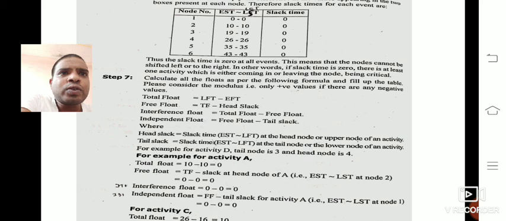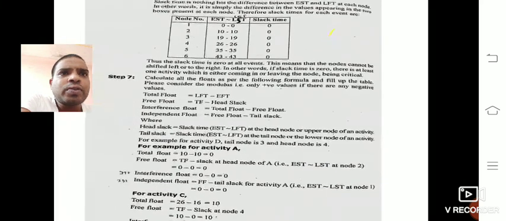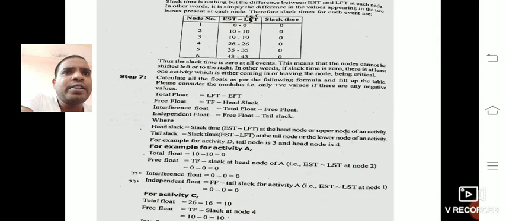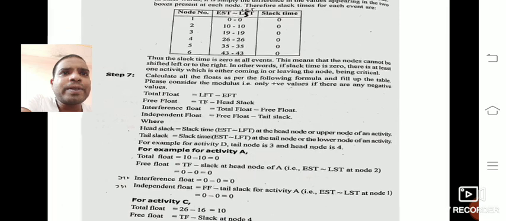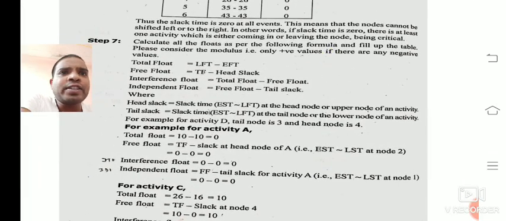The total float formula is LFT minus EFT. Free float is TF minus head slack. Interference float is total float minus free float. Independent float is free float minus tail slack. For example, for activity A, the LFT is 10 and EFT is also 10, 10 minus 10 gives 0.